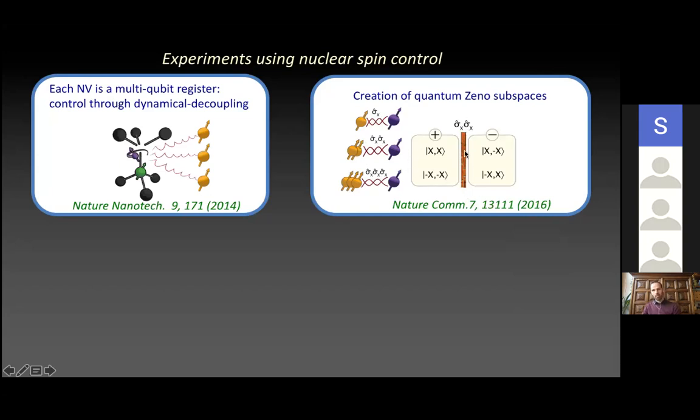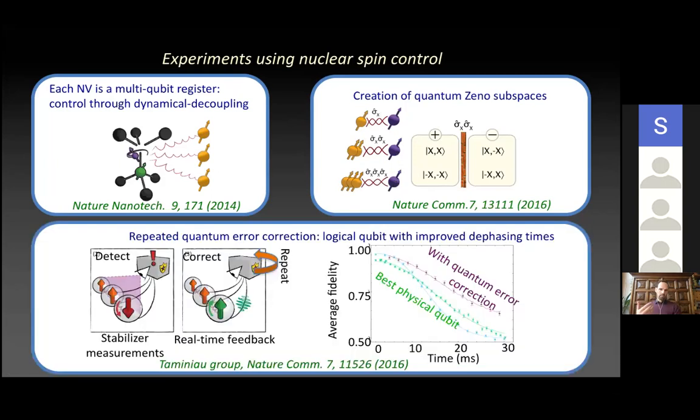What we do is apply these measurements, and these measurements basically cut the available state space into 2. Now, if these measurements only measure the parity and don't touch the coherences inside, then the evolution inside, of course, still happens, right? So you get evolution inside the quantum Zeno subspace, but there's no crossing over from one subspace to the other. And indeed, we showed in this paper that we can do that with up to 3 nuclear spins and actually explore these quantum Zeno subspaces.